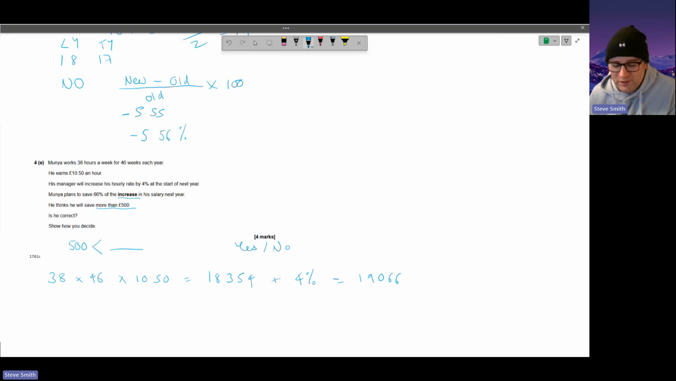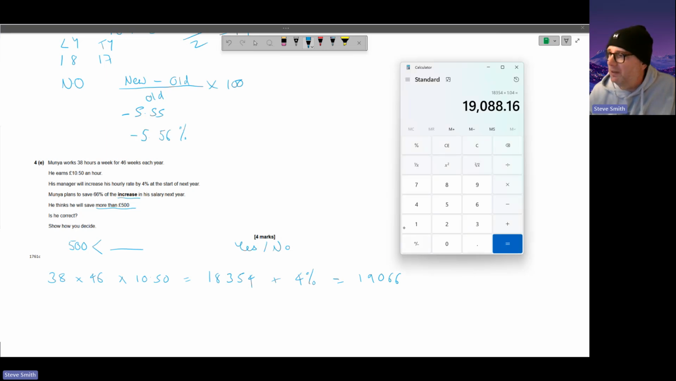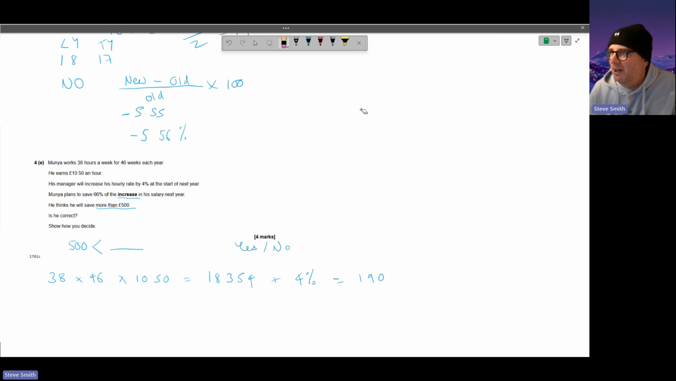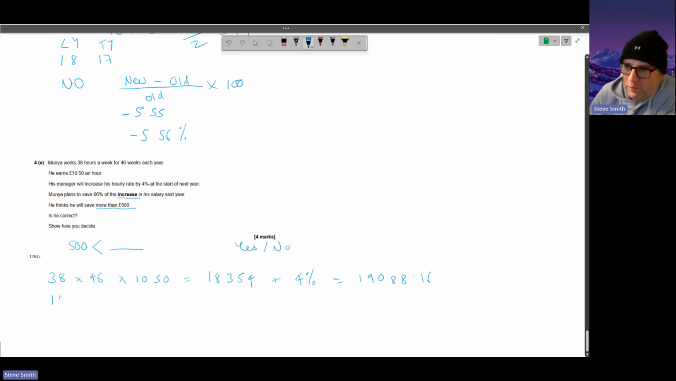I'm getting a salary increase, and my new wage is going to be 19,088.16. Day in the life of my memory. That's his new wage. Okay. Now we've got his old wage to take off there, haven't we? Because we need to know what the increase was. So 19,088.16 minus